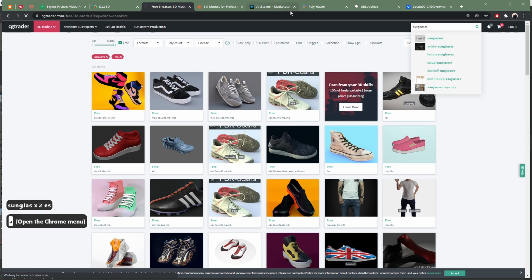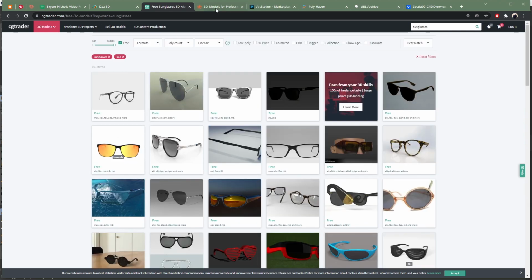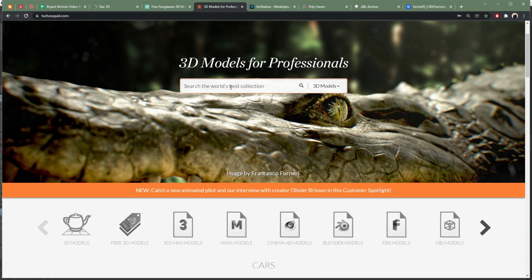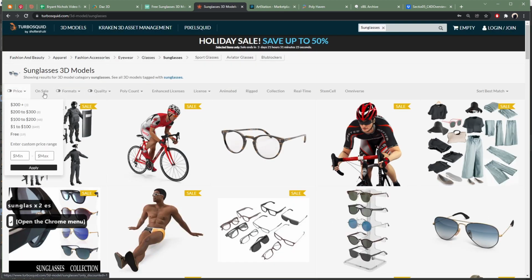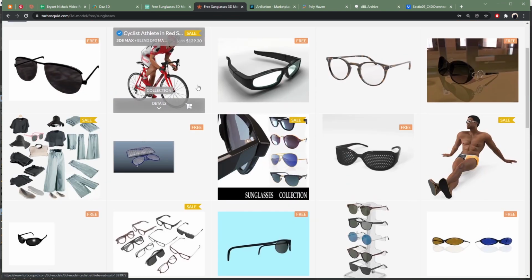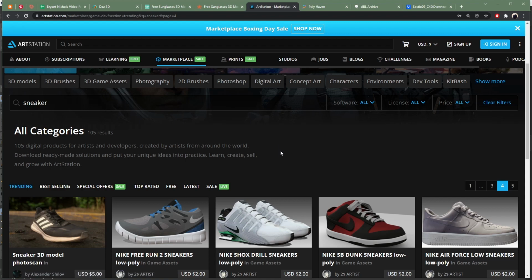Game though, so I will not be going into that today. Another site, TurboSquid, same thing. You can search for different models. Free things if you're looking to get something quick. And then another thing that I find really useful is actually the ArtStation Marketplace. There's not a ton of